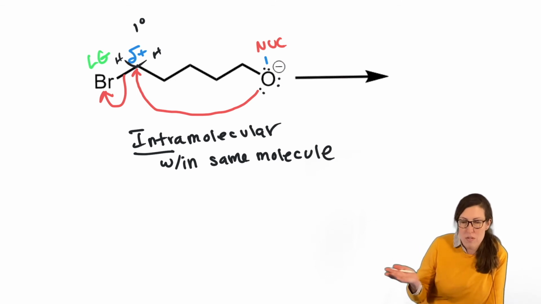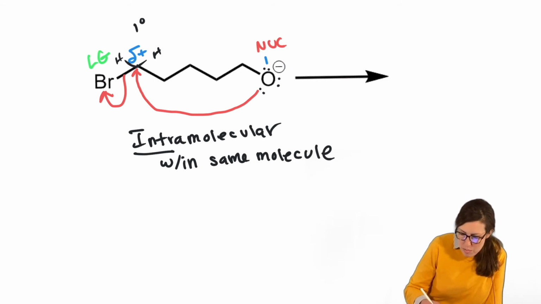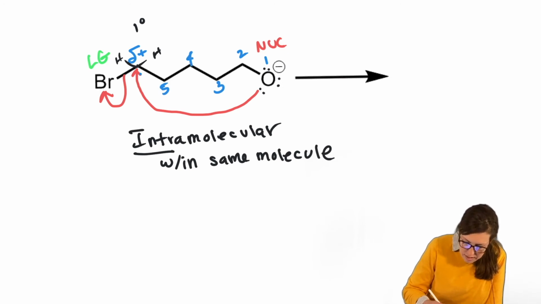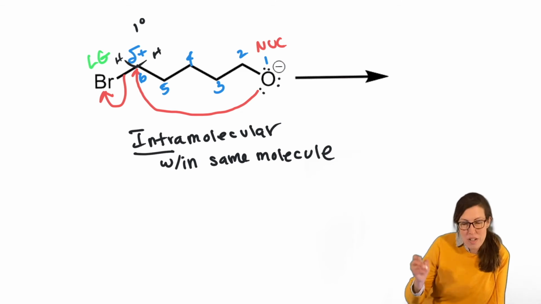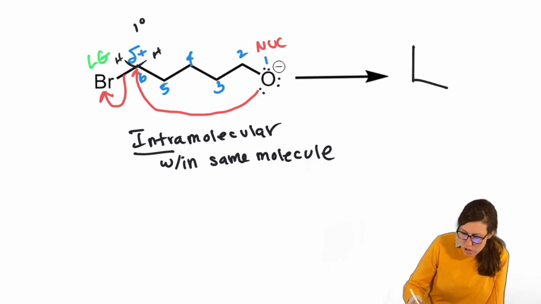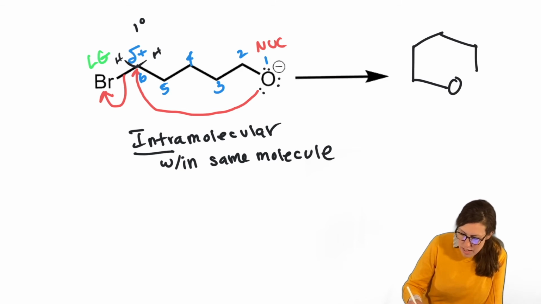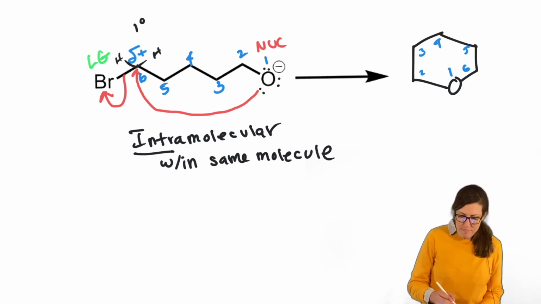We can write alphabetical letters, but I'm just going to number starting at atom 1 right here, oxygen, because it was part of the reaction. It made a bond. It closed the ring, so it's included. And I'm going to number until I get to the atom that it attacked, 6. Therefore, I get a 6-membered ring. We know how to draw those. Hexagon shape. Make sure that one of the atoms is an oxygen, not a carbon, because oxygen closed that ring. Number it again if you like. 1, 2, 3, 4, 5, 6. And we're done.